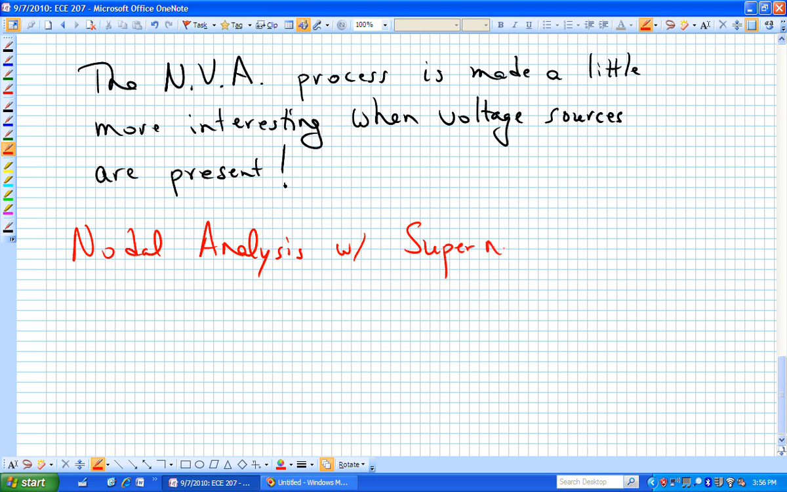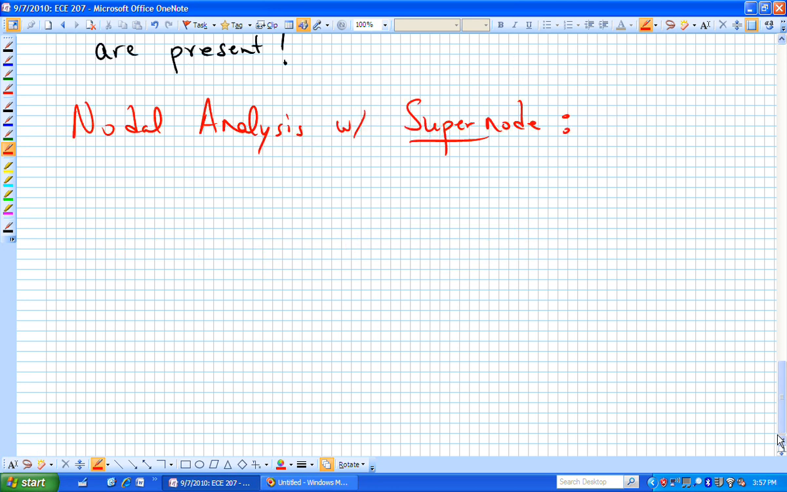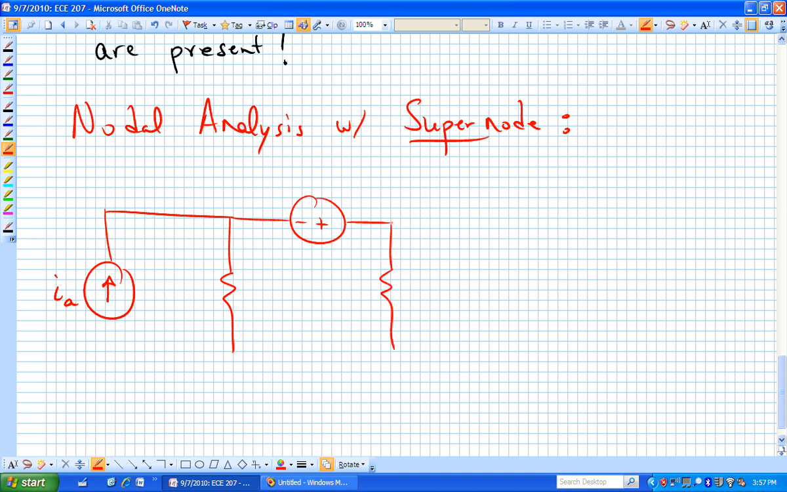And here's where we start getting into the super part of the lecture. This is going to involve what will be called a supernode. Our circuit is a current source on the left going up, a resistor, an independent voltage source, another resistor,